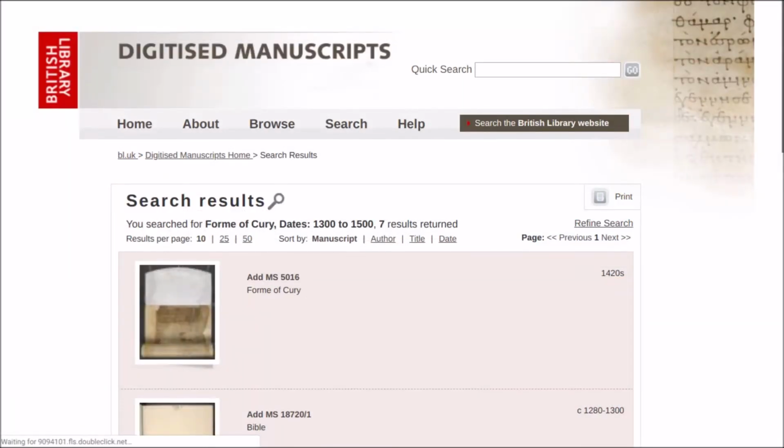On the search results page, they list the manuscripts by order of shelf mark, but you can select to arrange them by author or title or date should you so wish. The last feature is the most useful. Here, you can scroll through the different items related to your search. At the top of our list here is Additional MS 5061, containing the Forme of Cury, one of the earliest